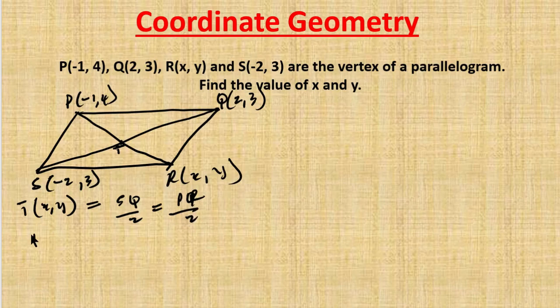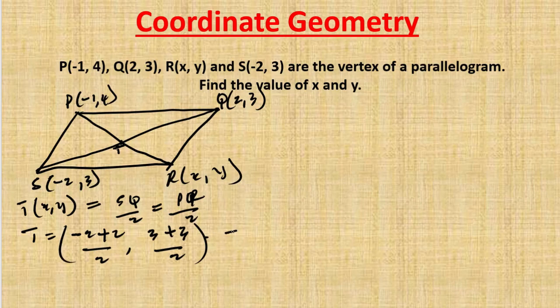So that point T now will be the same thing as (-2 plus 2) over 2, which is the x value, and the y value (3 plus 3) over 2, from SQ, will be the same thing as my point of (-1 plus x) over 2 and my y